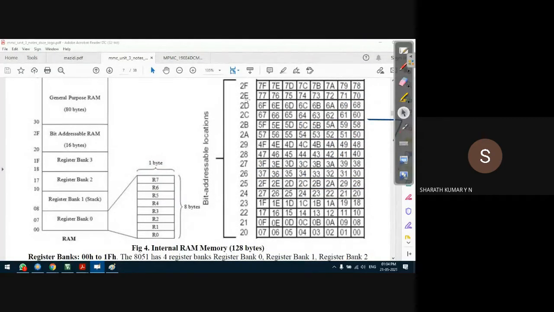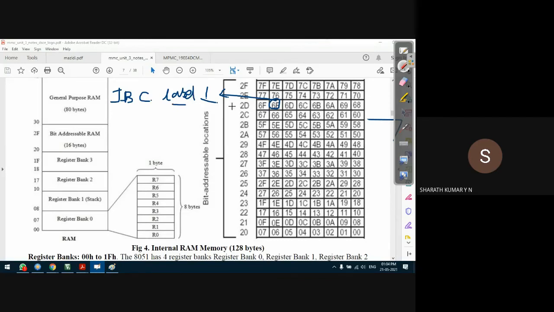Let us take one example. Location is 6E, for example. If this 6E location is set to 1, then in the JBC instruction we first check whether this bit is set to 1. If it is set to 1, then we take a jump to the target address, which is represented as a label.